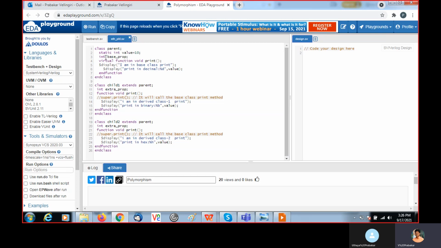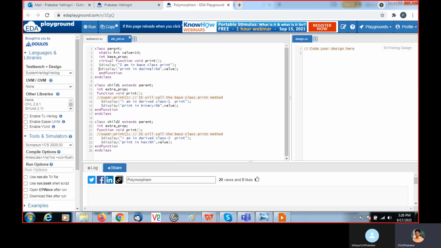Then another variable, base property, this is declared as an int data type, and inside the void print method we are displaying I am inside the base class print. And next one, print decimal. We are printing the value, this value here.